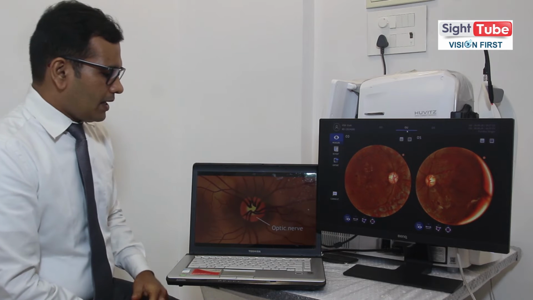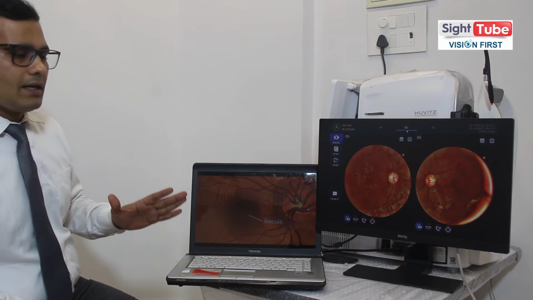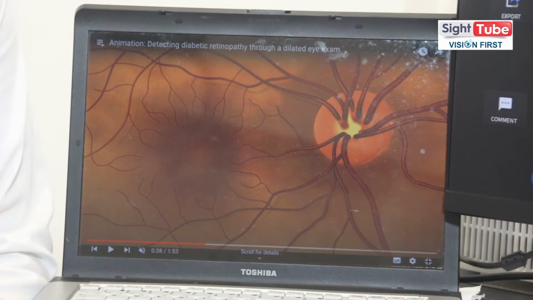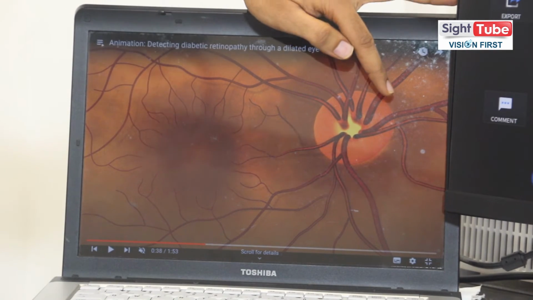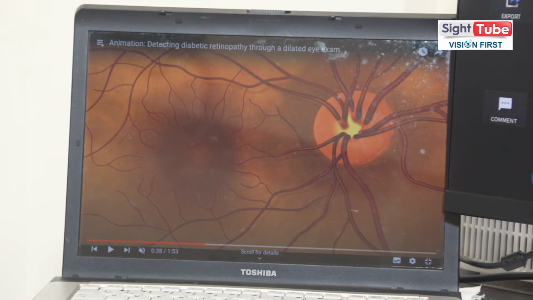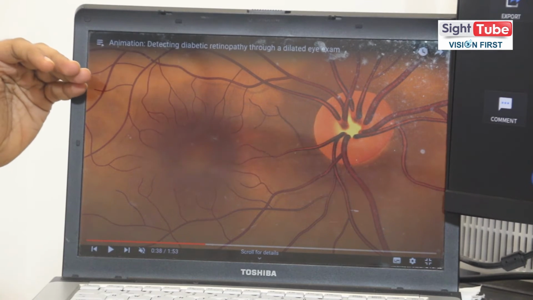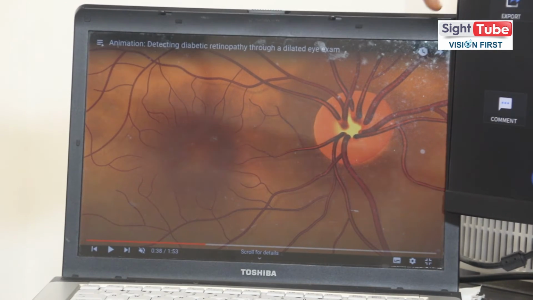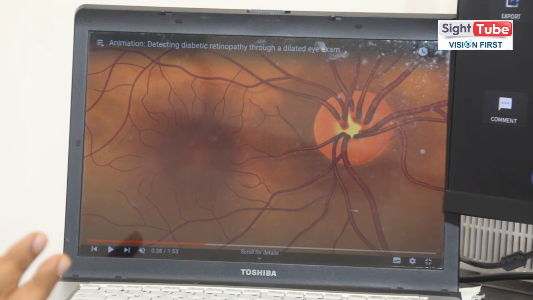In diabetes mellitus, majorly what happens is bleeding in the eye. This is how a retina looks. There is a structure in the center of the retina which is called an optic nerve. This optic nerve is connected to the brain. Beside the optic nerve is an area which we call the macula. From the optic nerve, we have blood vessels which carry the blood to the retina, and there are some other blood vessels, called the veins, which carry the blood back to the heart.